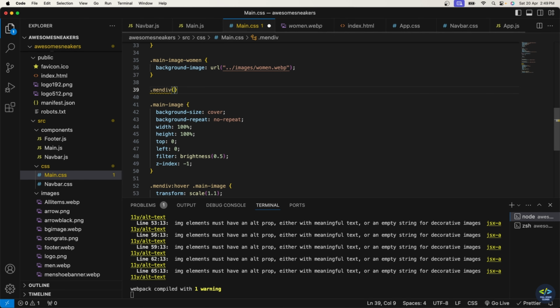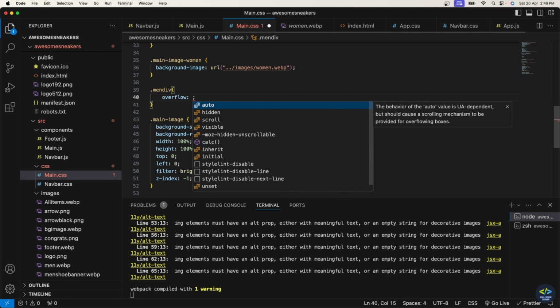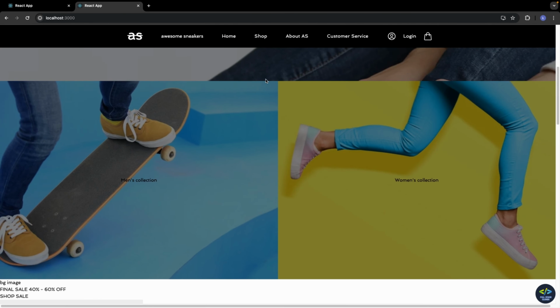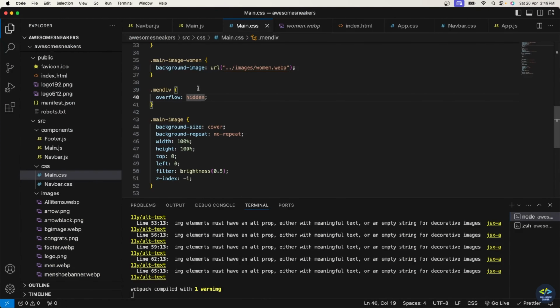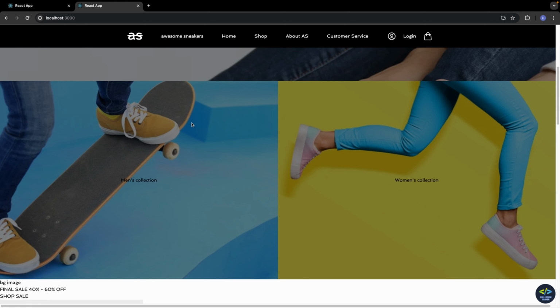Overflow to be hidden, yes. Now when I zoom in, this overflow is hidden. So done with our images. But when you observe here, when I hover it, the image transition is smooth, but when I go out of this div, the image transition is not smooth. So for that,